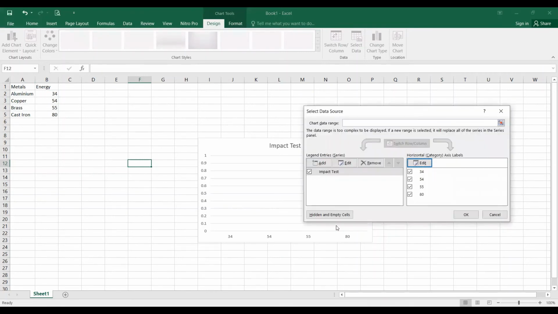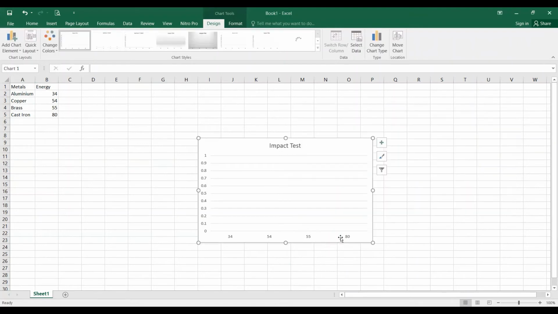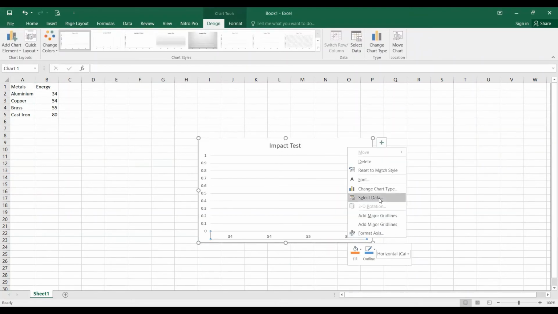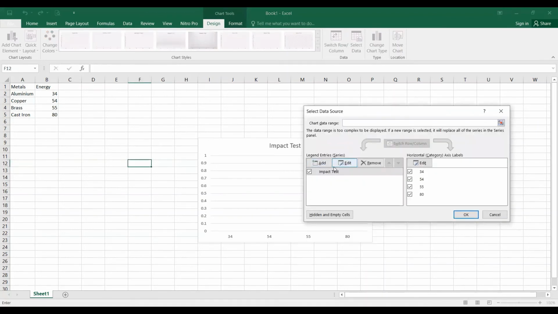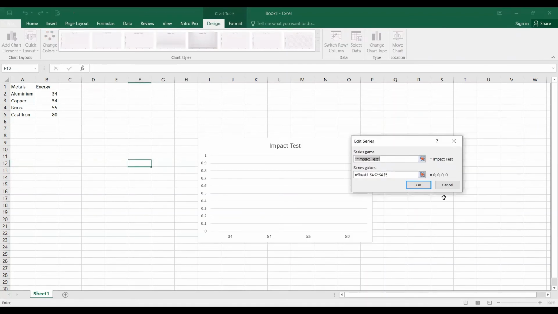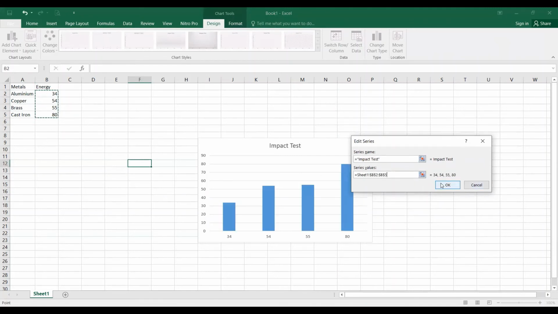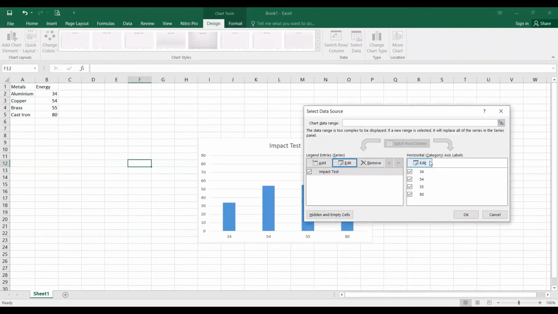Now it's done. Whether the graph is coming or not, let me see. No, the graph is still not there. It is taking it like this, so let me edit this and put the values here.